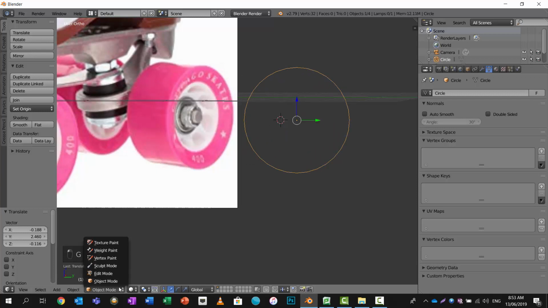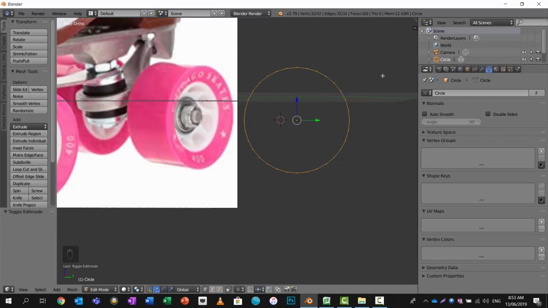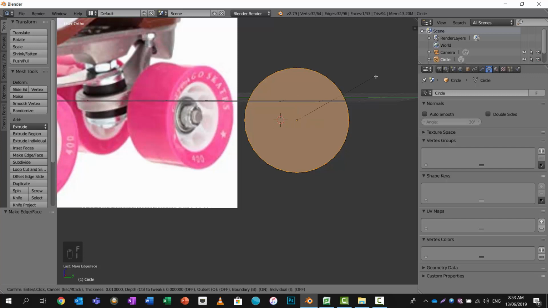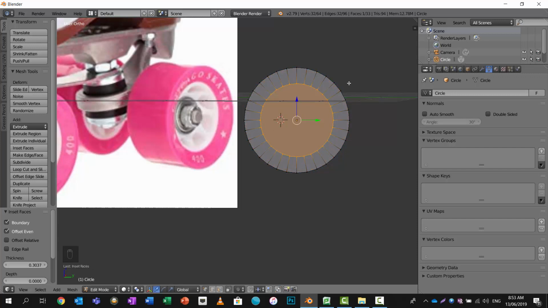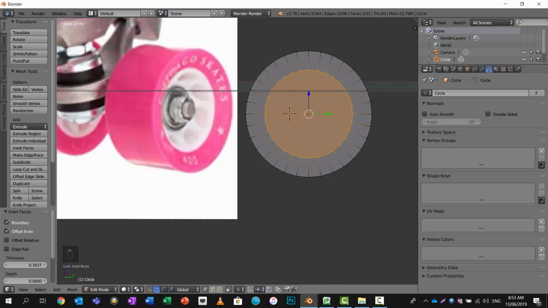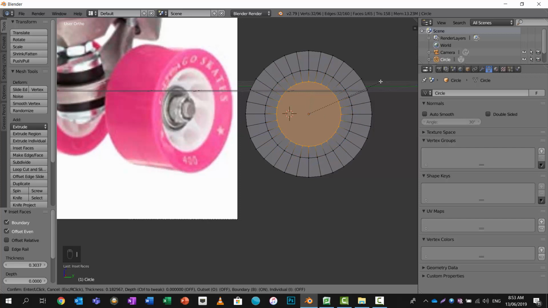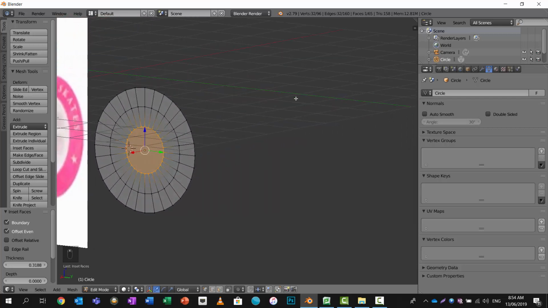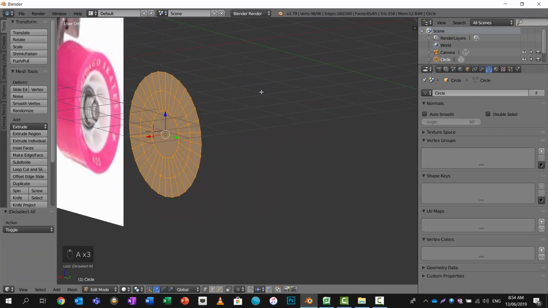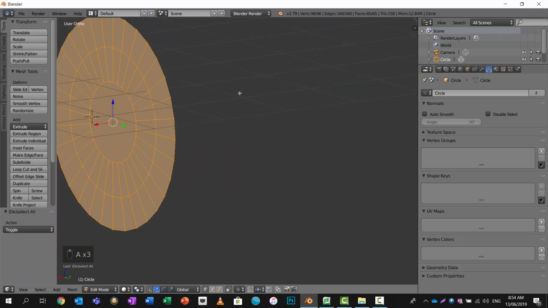I'm going to go to edit mode, and then I'm going to push F for fill. And then I to inset, and then I can start to bring this in at a different size. So that's about the same size as this. And then again to about the size as that one, and then bring in about that size. And then what I'm going to do is I'm going to turn side on, and then I'm going to extrude